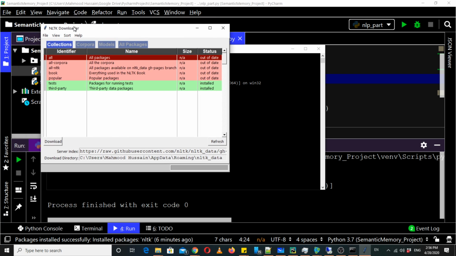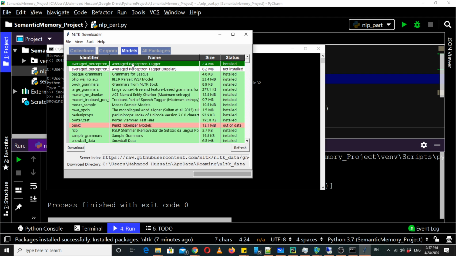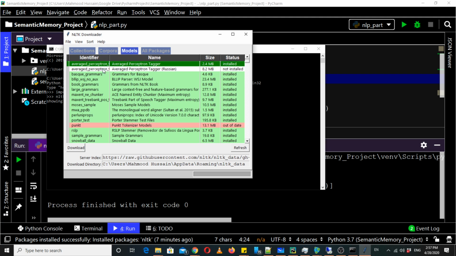This window shows you all of the corpora available in NLTK, and all of the models required for NLTK and other collections as well. For POS tag or tokenization we need the punkt tokenizer model, and similarly the averaged perceptron tagger is used for POS tagging. So you need these two particular models to run these functions.